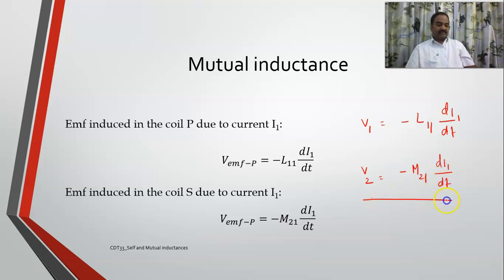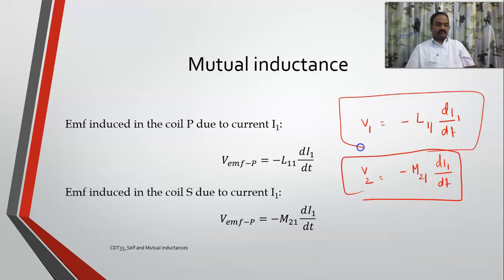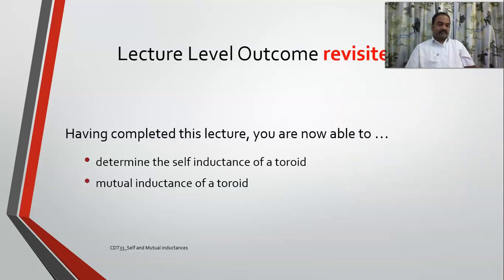See, try to remember this. Okay, so this is the way we determine EMFs with respect to self and mutual inductances. Okay, I hope that now you are able to determine the self inductance of a toroid and also the mutual inductance